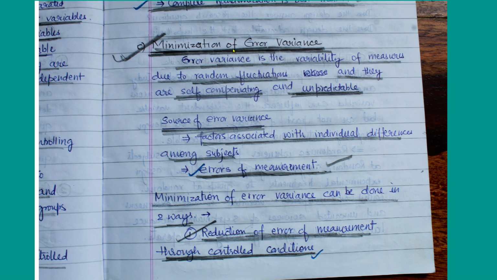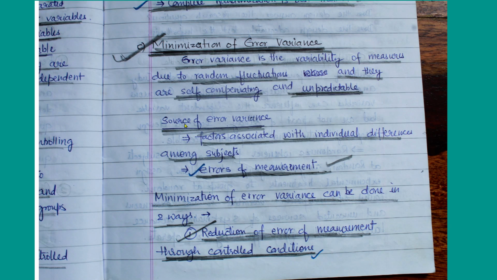That's why its name is error variance, because you are making errors. They are self-compensating. You will not know, because how will you know that you are making an error? You are not exposed to your error. That's why in research it is always said, always get guidance from a good expert. You should have good expert guidance, and you should also take an experienced researcher with you when doing research. So that's why they are unpredictable and self-compensating, and the errors of measurement you make will add to your error variance. That's why it needs minimization. You should try to minimize this.